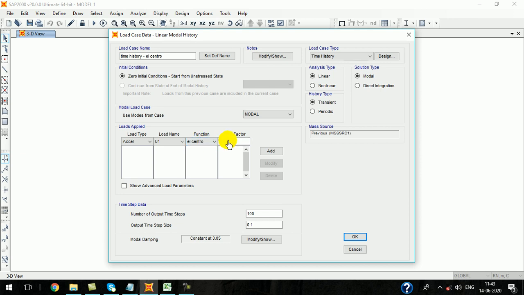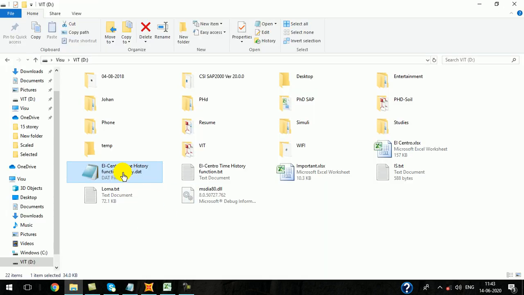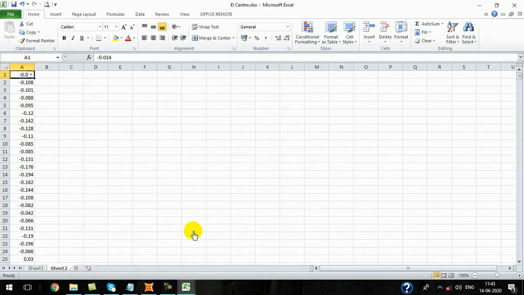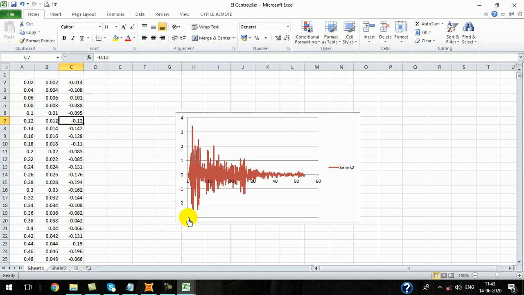The value is already defined in meter per second square. It is already in meter per second square, so we should not multiply the value by 9.81.